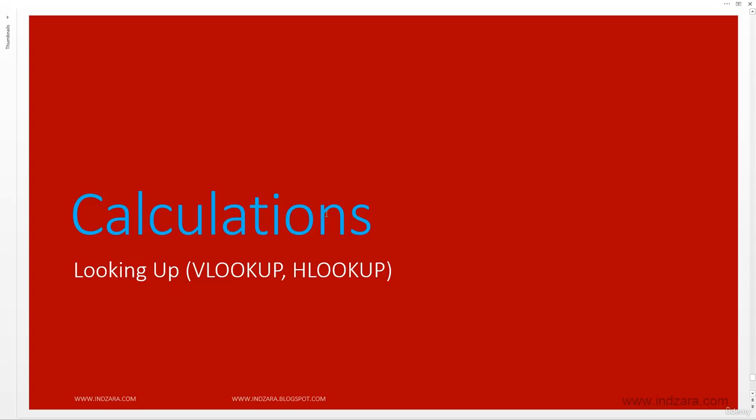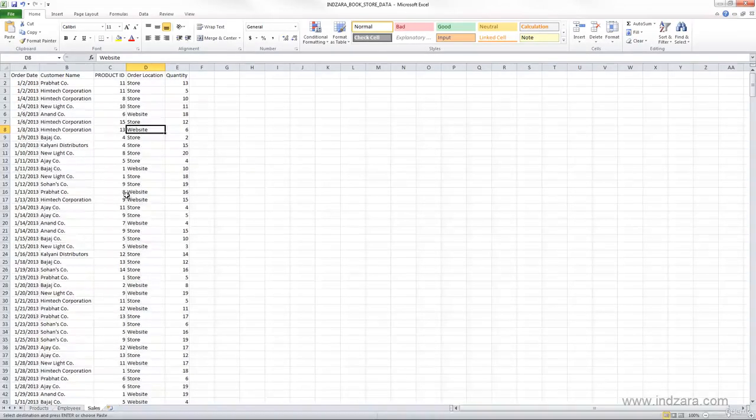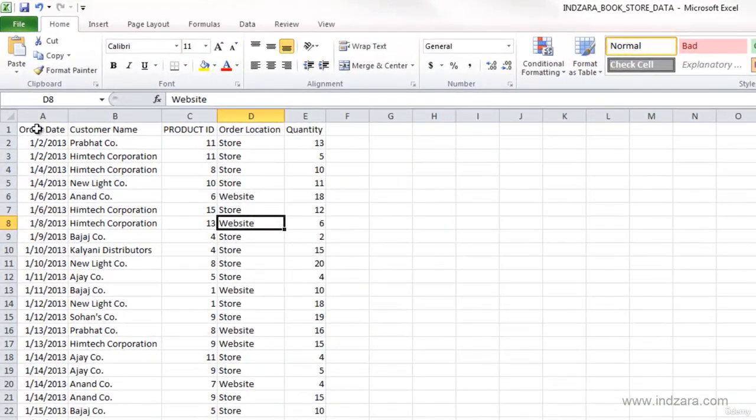So let's learn one of the most commonly used functions, which is the VLOOKUP function, and we'll also learn the HLOOKUP function as well. So now we have a new worksheet in our workbook called sales, and in here we have the sales information